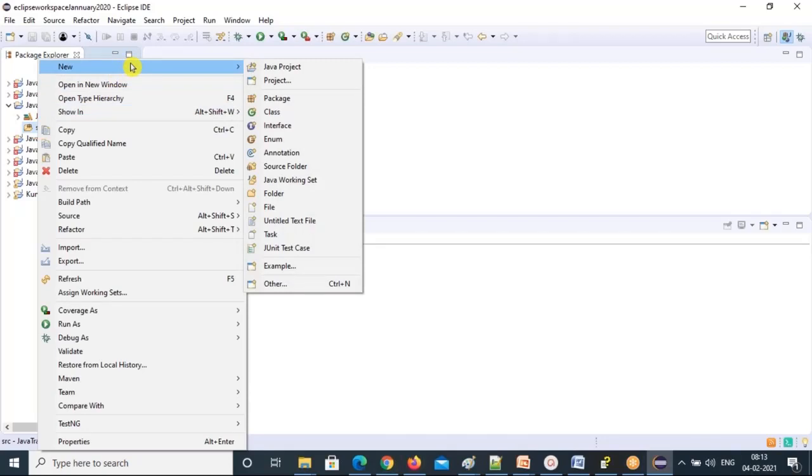Are you all able to see the source folder? Expand the project using the arrow icon before the project name. It will show JRE and SRC. Right click on SRC, new, and you can see package.